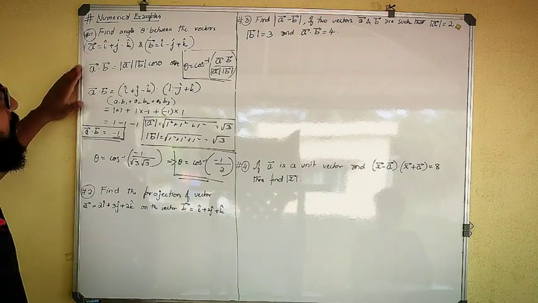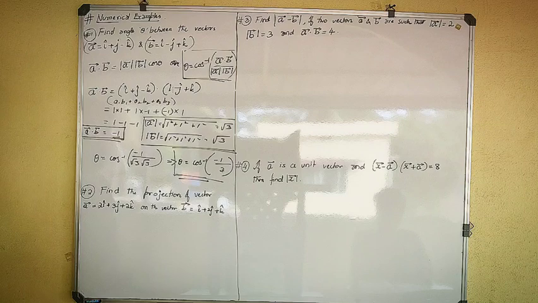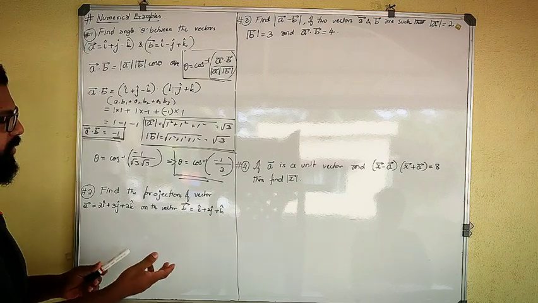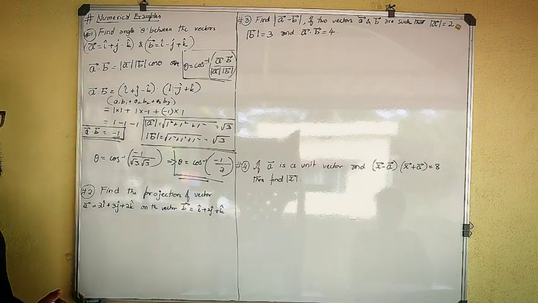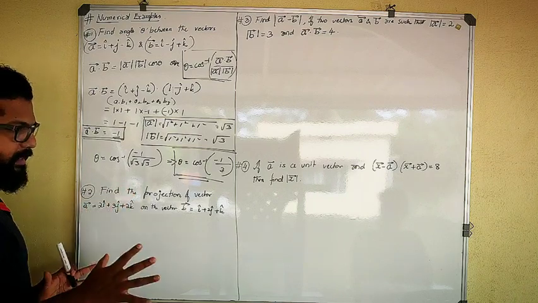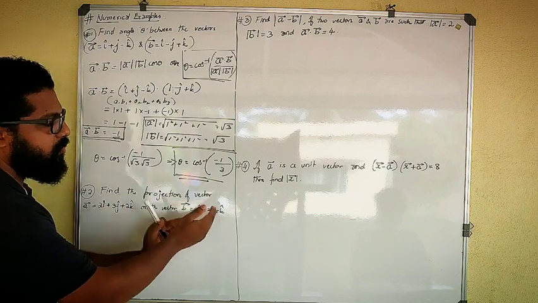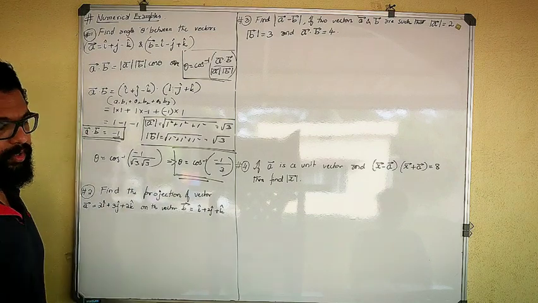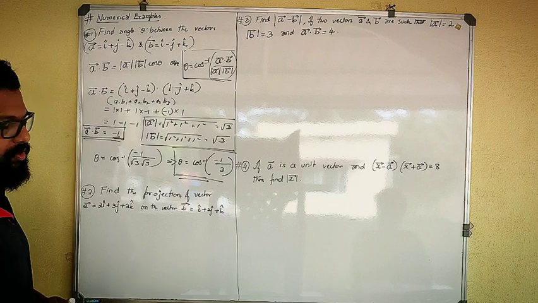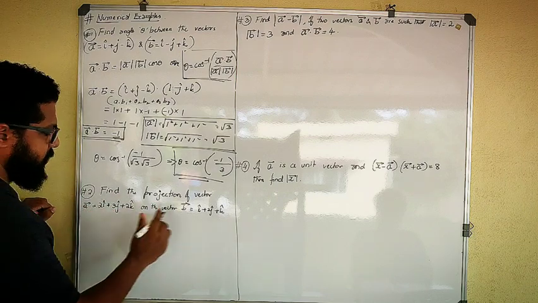Okay. So I have understood the angle between the two vectors. Next, find the projection of one vector on the other vector. We have come across this concept in the previous video. So I will do it in this. What we need to look into in this question is what vector is on what vector. Based on that the formula will change. So what I will do is find the projection of this vector on this vector,